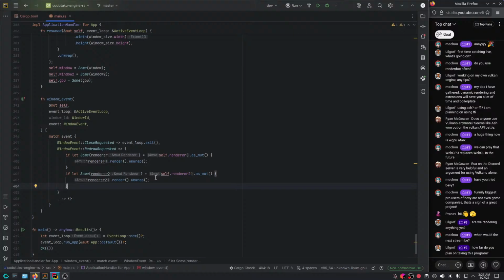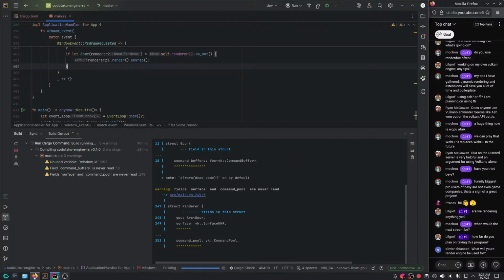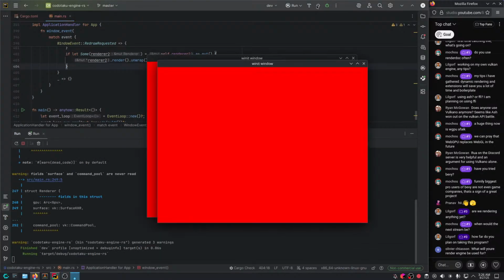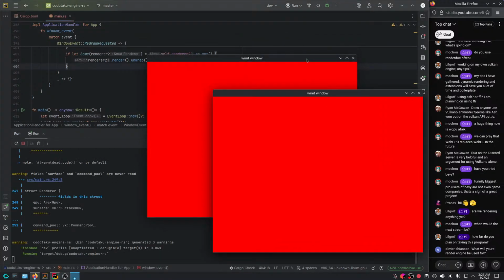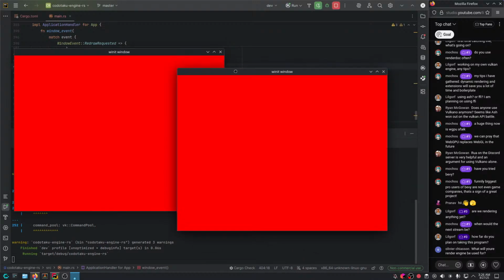How far do you plan on taking this program? I mean, I guess we'll see how it goes. What will your render engine be used for? I'm not sure yet. Right now, I think I'm just gonna make a generic, not too generic, little tiny wrapper over Vulkan currently, which I could use to create all sorts of programs basically, without compromising on performance, without hiding Vulkan and so on.